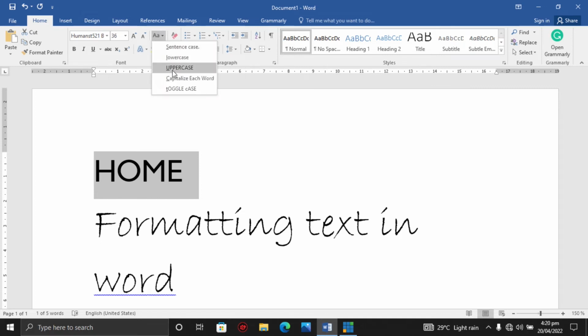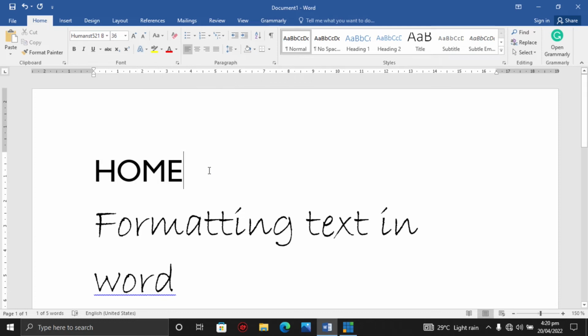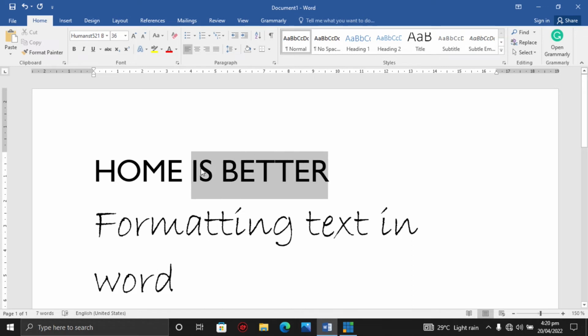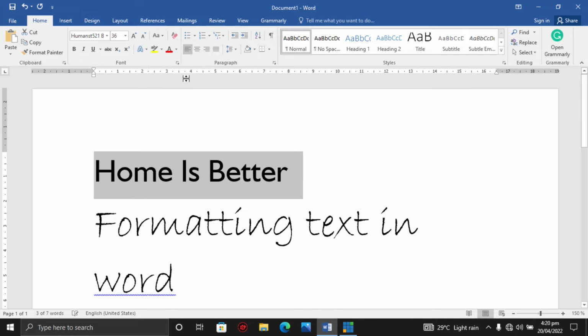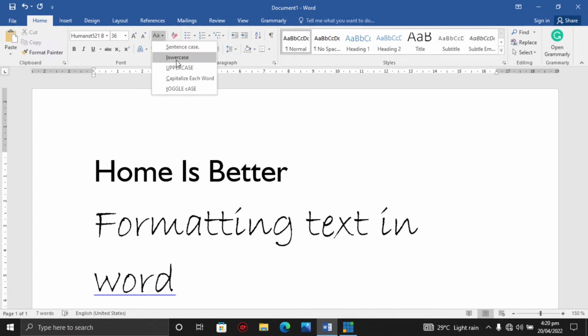Let's say home is better. If I highlight this, go back to case, and say capitalize each word, each of the words will be capitalized. The first letter of each of the words will be capitalized like this. So this is what happens if I use each case.